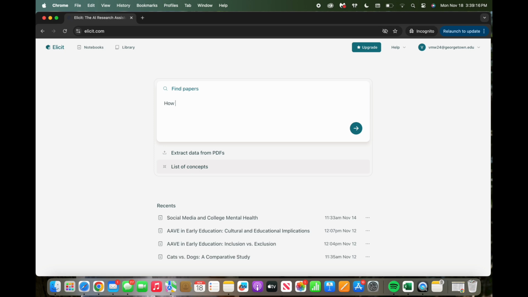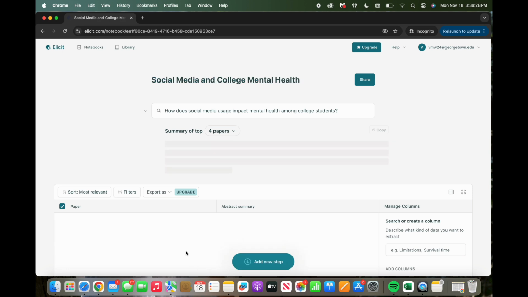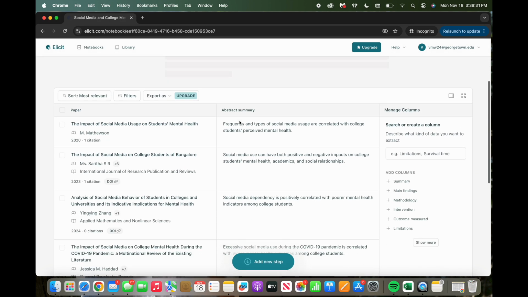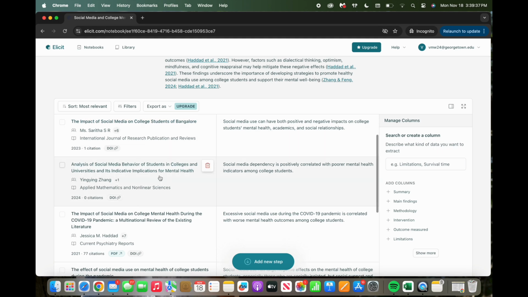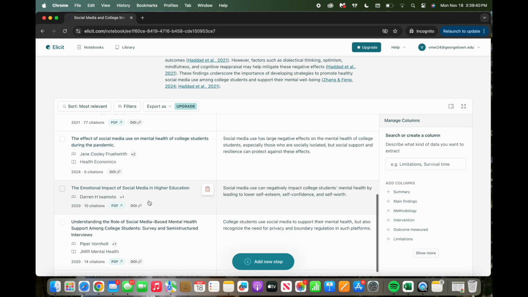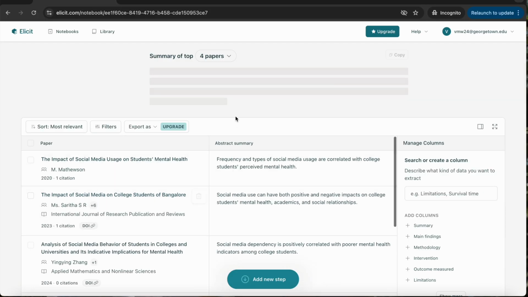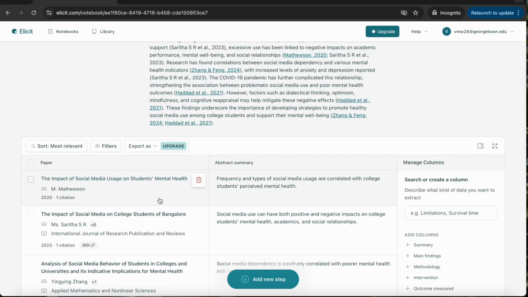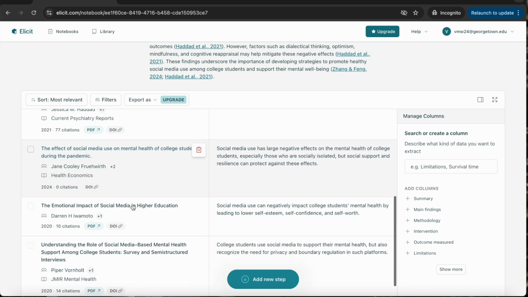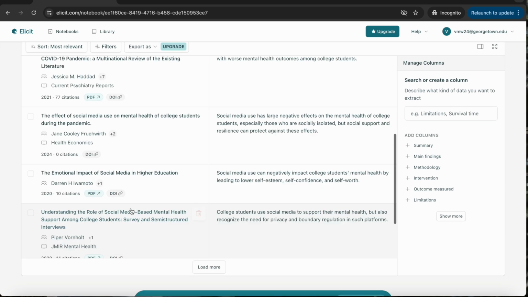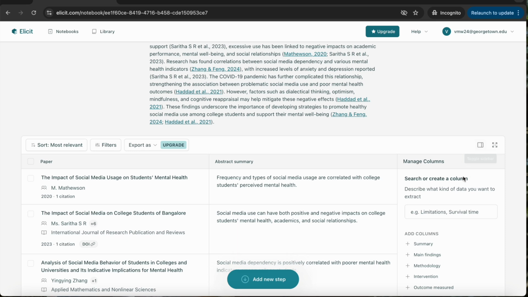Okay, so now I'm going to give a rundown on how to use Elicit. So I'm going to type in my research question, which is, how does social media usage impact mental health among college students? And then just look that up. And as you can see, it takes a second to load, but it's going to pull up different scientific articles, and it'll also show a little summary of the findings. And on top, you'll have a summary of all of the papers. So scrolling down, you can see we have a variety of different articles and then summaries of these articles. So it's really helpful to get an overview of what the information on the internet is regarding and relating to